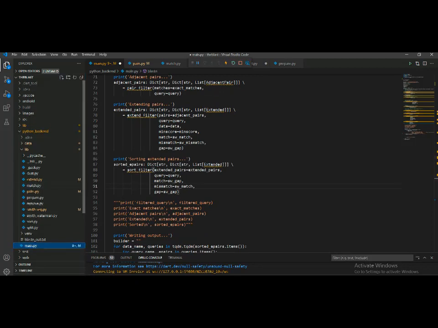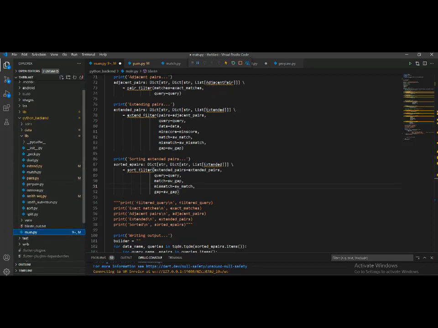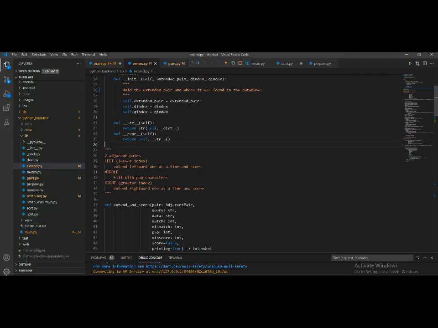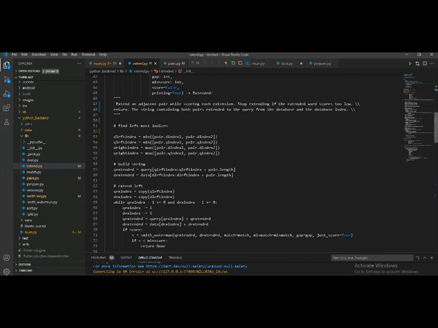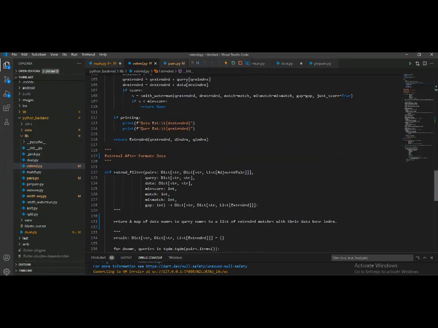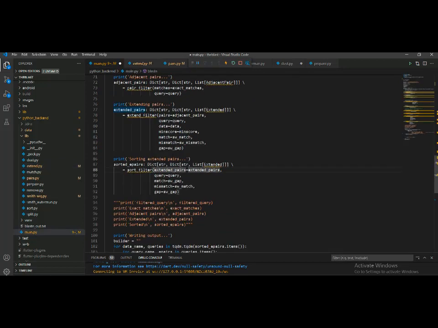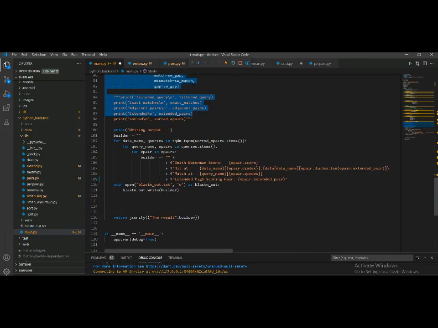الفايل بتاعها طبعا. الـ extend أهو. تمام. هتاخد عندي الـ extend pair and where it is found، وهي موجودة فين في الداتابيز، وأعلى سكور، صاحبة أعلى سكور عندي. طبعا بعد كده هيعمل sort للـ extend pair، هيرتبهم عشان يعرض الأوتبوت بتاعي. خلاص هنا